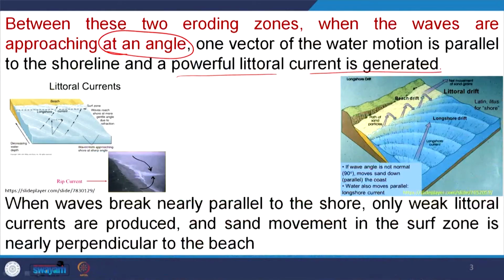The continuity and uniform nature of the sand sheet is due to this littoral current, and this continuity is broken by rivers and other factors like ridges and notches. So, unless these barriers are there, the sand sheet can migrate along this coast to hundreds of kilometers. That means I can conclude here that waves breaking at an angle to this coast produce a strong littoral current which is capable of migrating sand over large distances.